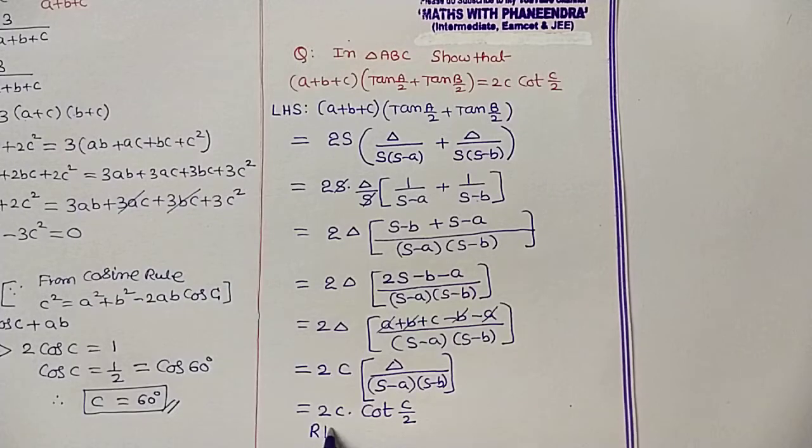So now hence proved that RHS, 2c into cot c by 2. You remember that, dear students, in properties of triangles, in every step we require formulae. So that is the reason my suggestion is go to my playlist in the Maths with Panindra channel. Go to the playlist and get the first 2 to 3 videos. Observe carefully and get them, our formula proofs also I have given. We'll move to the next question.